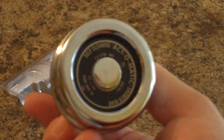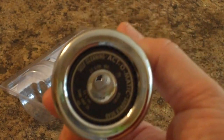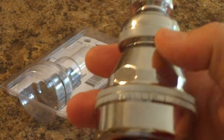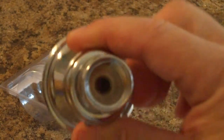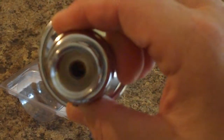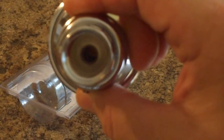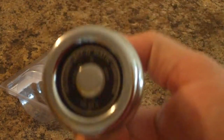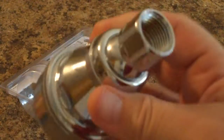Made in USA, which is nice because so many shower heads and so much other stuff today is made in China, and low quality. You get low quality, poorly made stuff, but you don't get a break on the price, or at least not much of a break. I'd rather pay more for quality American made stuff. Help the economy, help put American citizens to work. So we'll go install this, and then we'll let you see how it flows,